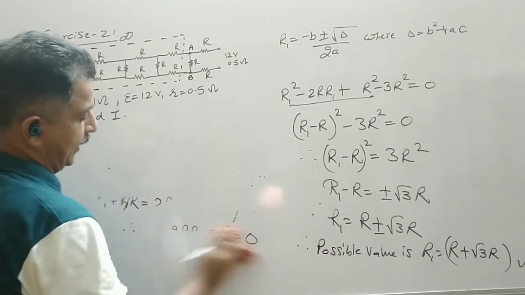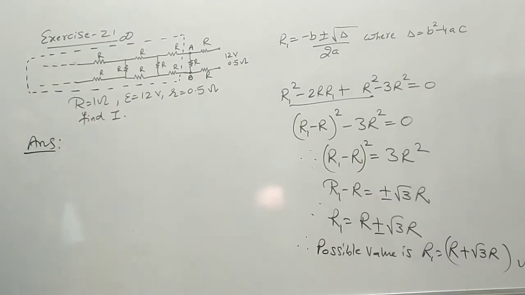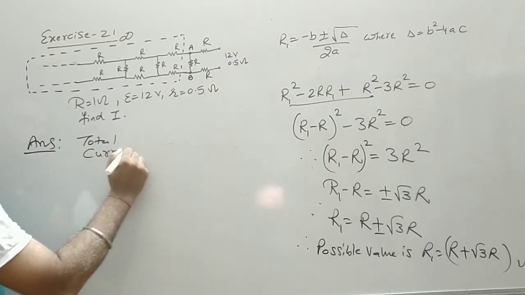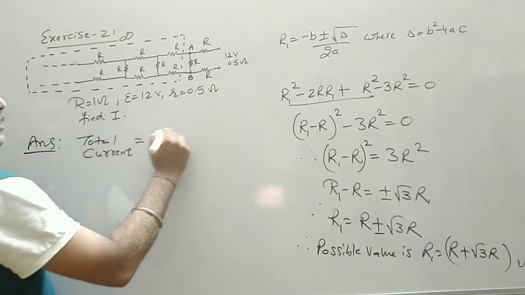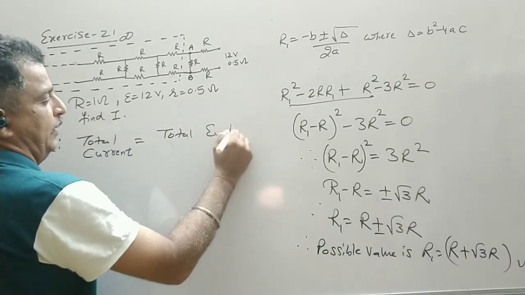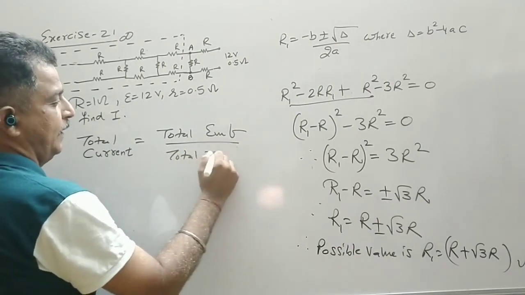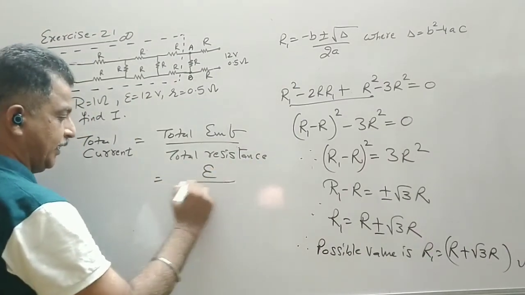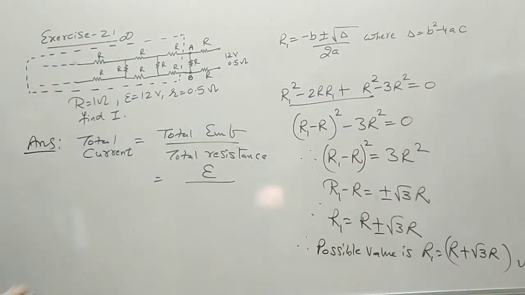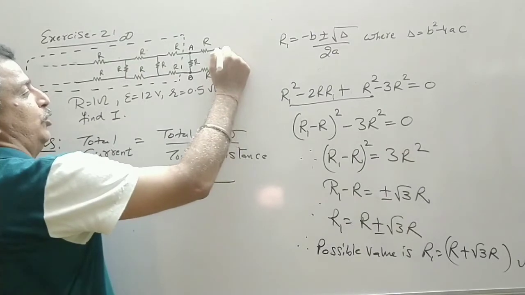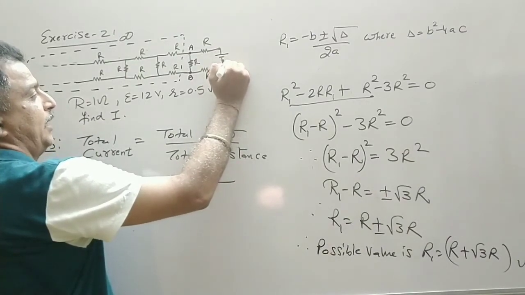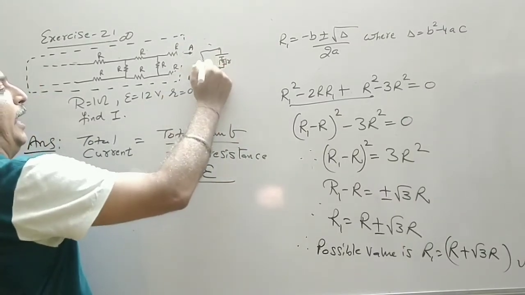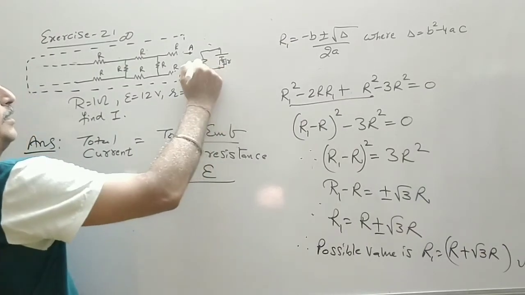Now we redraw this diagram. This is our equivalent resistance. Now we have to find out the current. So we know that total current is equal to total EMF divided by total resistance. Now what is the total EMF given? That is 12 volt. We write E symbol. Now the internal resistance is 0.5 ohm. So if I draw a battery here, this is my internal resistance small r, and this is now the entire R1 or R equivalent. So it is a series combination.